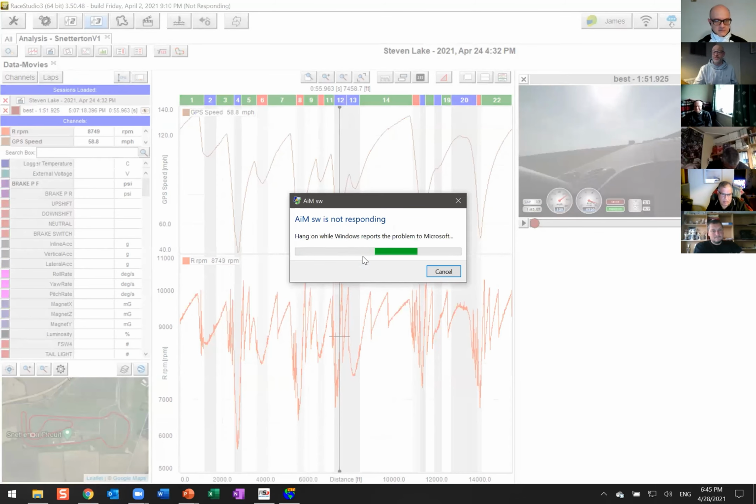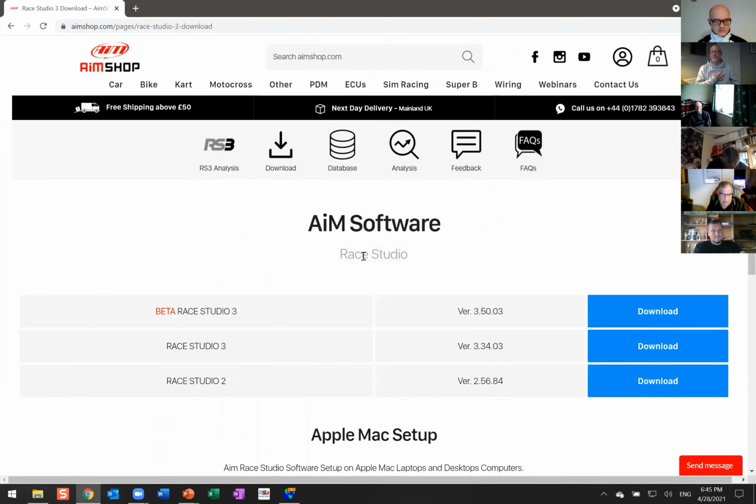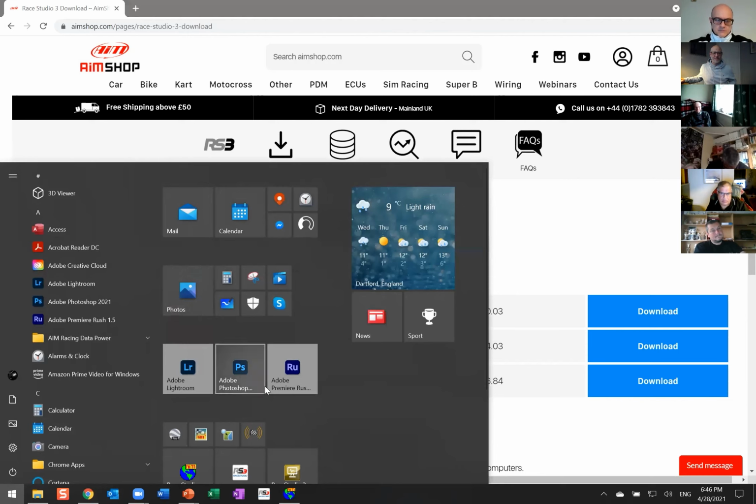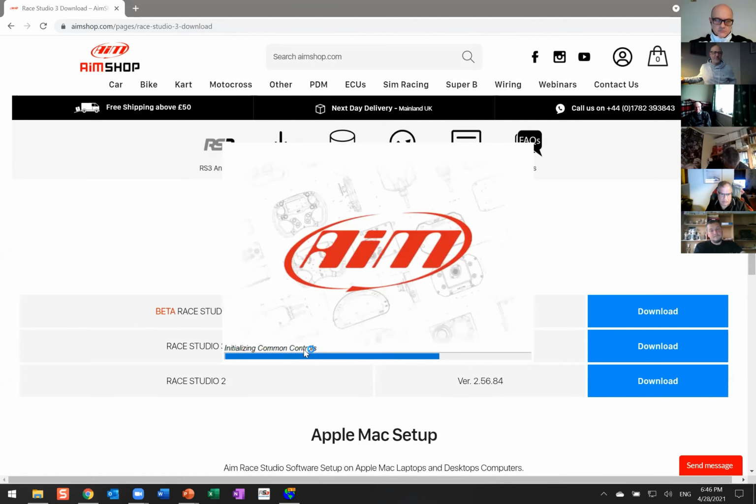Now, what I will stress, as I said earlier, is this is still in beta. This is why, for me, you have a smaller subset of files. Right now, this is something you do with your data when you have a lot of time to work through some of the kinks. But at the same time, know that this will happen. And I'll actually show you what would be really useful for Emiliano if that does happen as I load this up. So I'm going to load this RS3 back up,